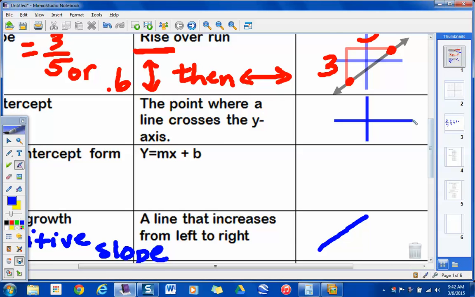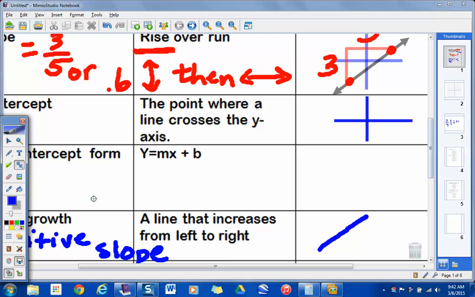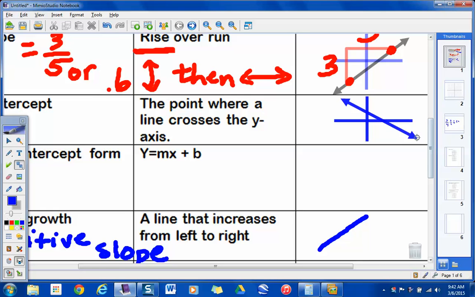Okay? And then if this was your line passing through this right here,